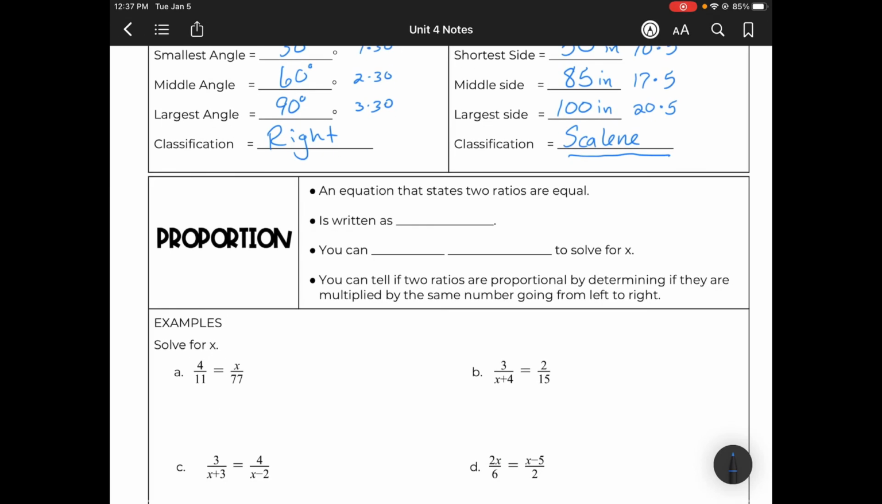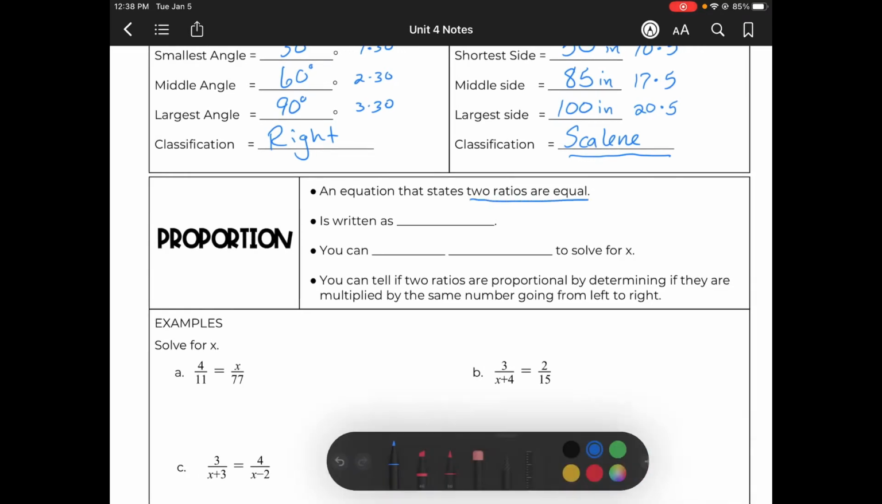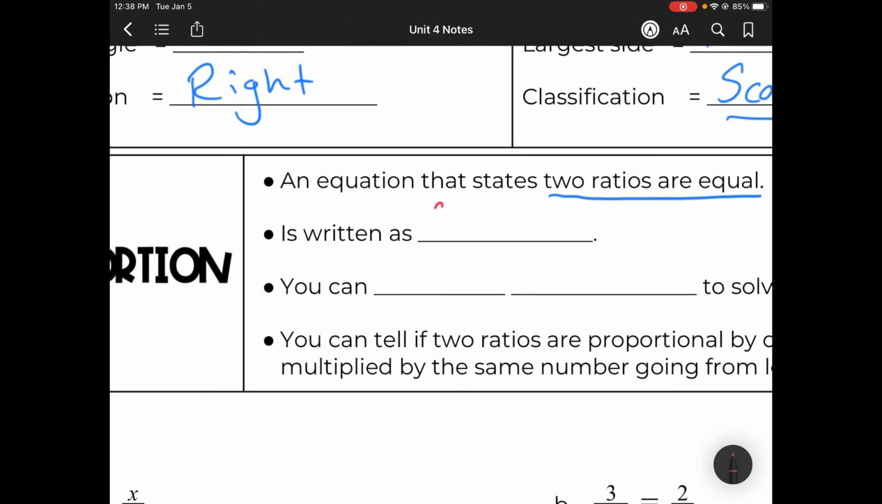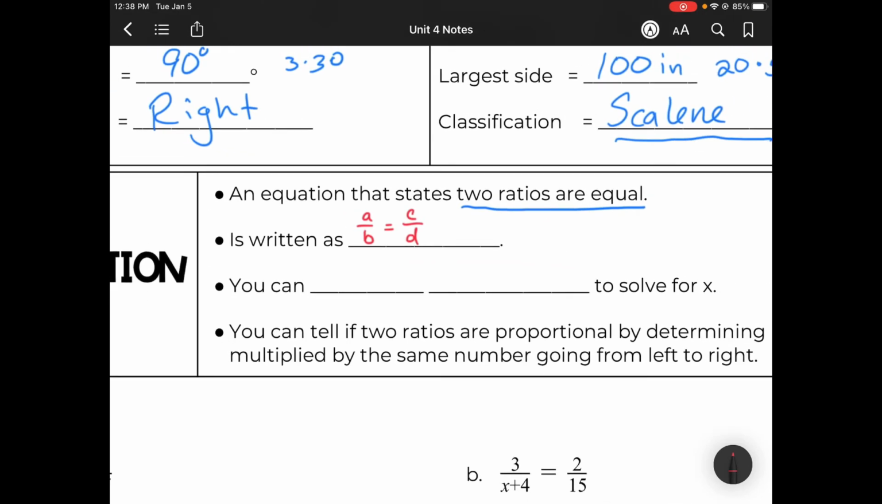All right, as we continue to move forward, now we're talking about something called proportions. A proportion is simply an equation that states two ratios are equal. It would be written as A over B must equal C over D, just using A, B, C, and D to represent the different parts of a proportion. In any proportion, and this is a little bit extra here, you can cross multiply